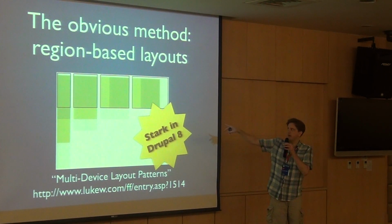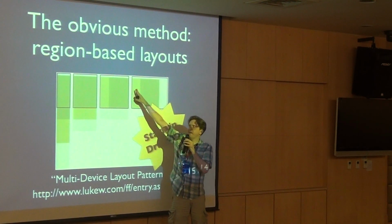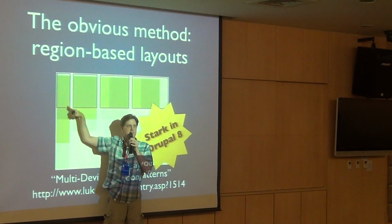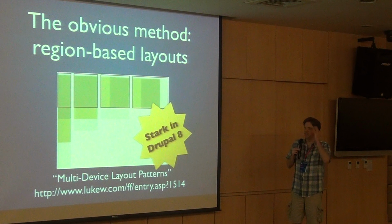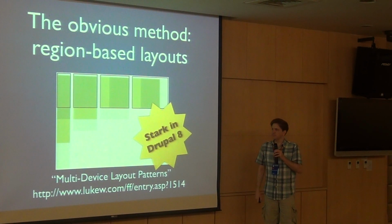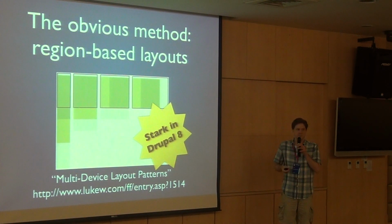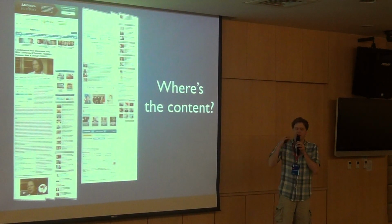And the issue with this is that since your main content is here, in order to make your site responsive, you have to add stuff into the sidebars just so that you can claim it's responsive. Otherwise, it's just a single region with your content. When you look at a website, your most important content is usually in the middle. If you make a responsive website, it becomes just a single column, and you have to add extra things in, otherwise it feels like one page just running on and on. Yeah, and adding extra content can lead to something